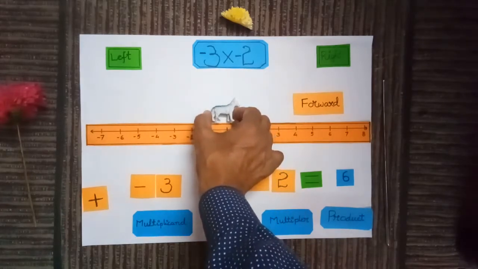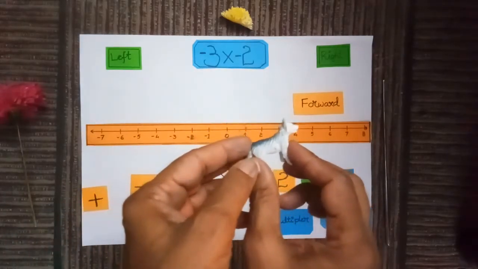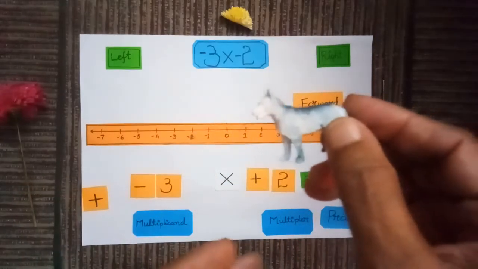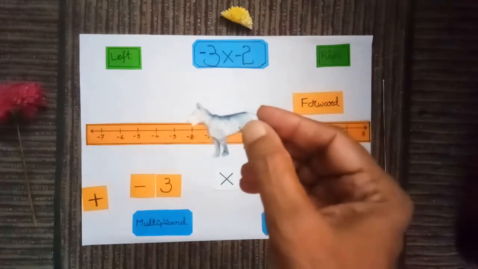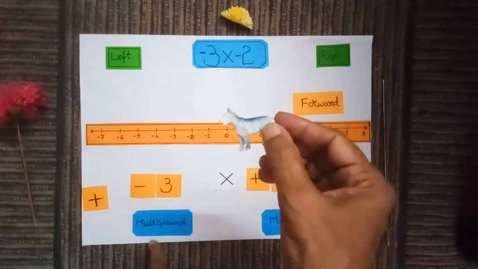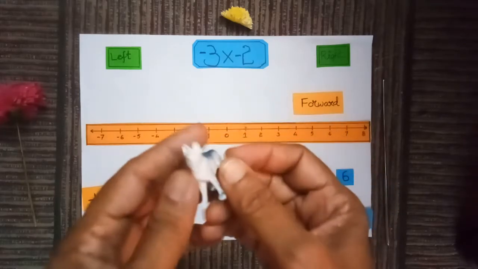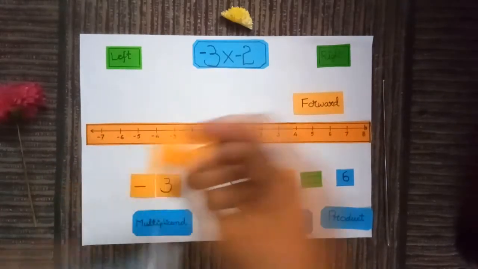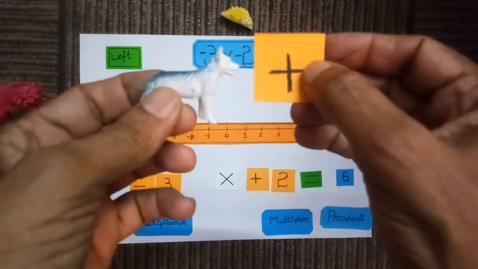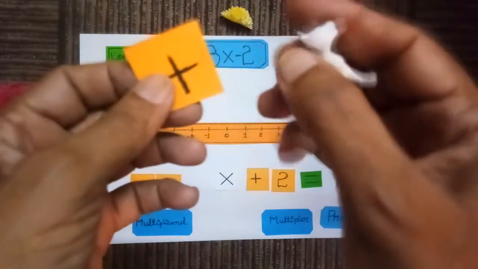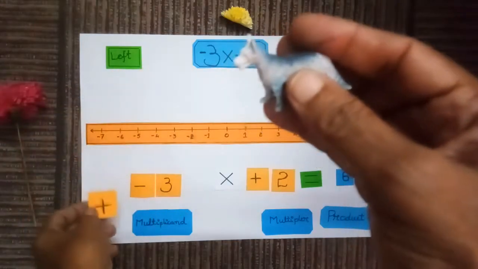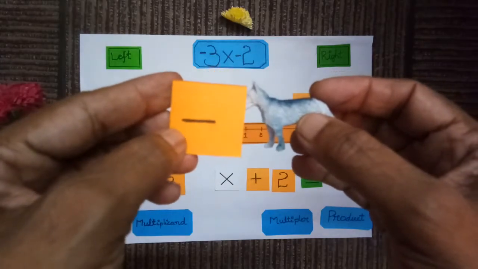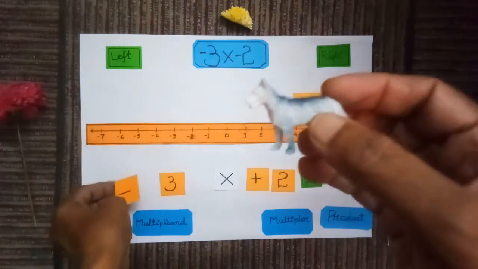In such a case, the dog is not looking forward, but it is looking towards the left, like this. Okay, so this is the meaning of the plus and minus sign attached to the multiplicand. If it is facing the right, it is positive. If it is facing like this, we must assume this as positive. And if it is facing the left, you must assume that the sign is negative. Is this clear to you? This is the first assumption. Okay.